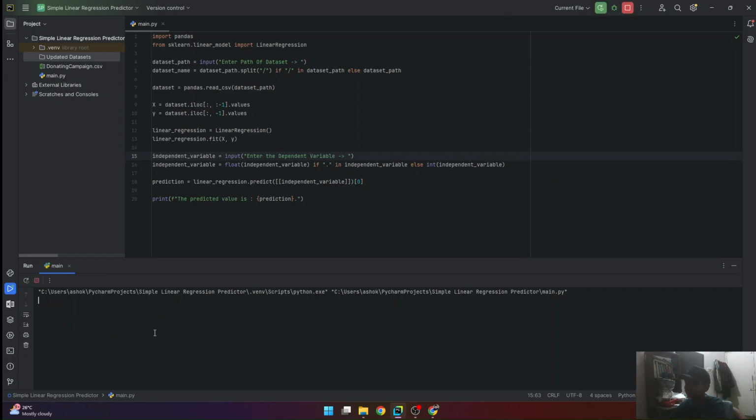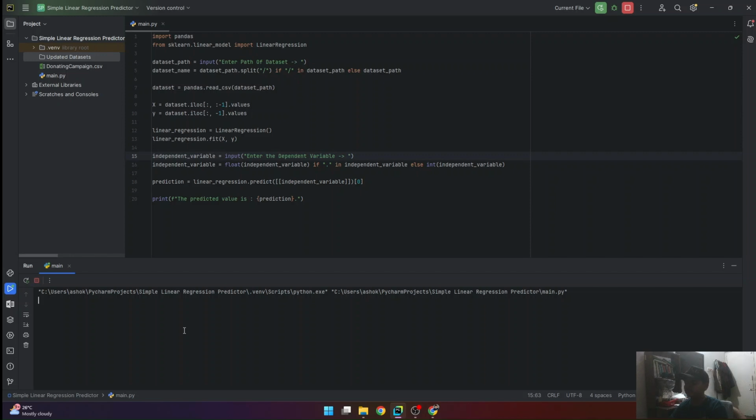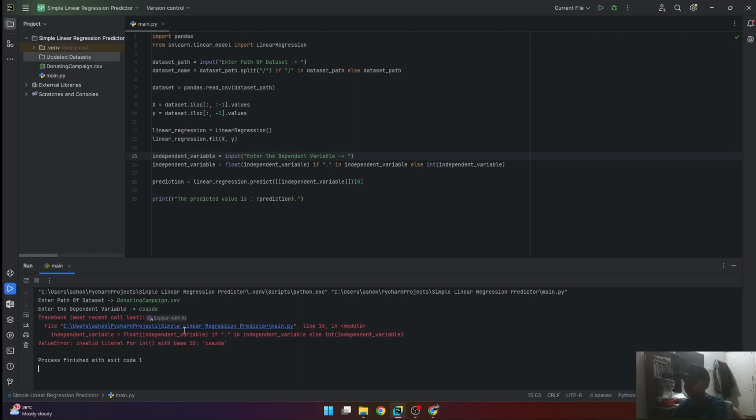Now, friends, I'll show you the problems of it not having any error handling. So let's type something. Boom, that won't work. So you can add your own error handling to this if you want. There's also another problem. After we do this, enter dependent variable. If I do that, it doesn't work. Even if I put a dot here, it would error with float. So that will also be a problem, but this can be solved with simple error handling.